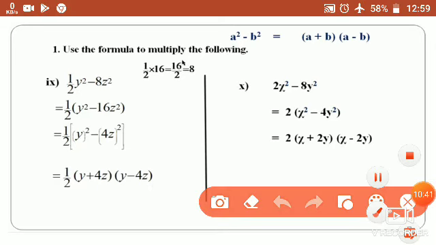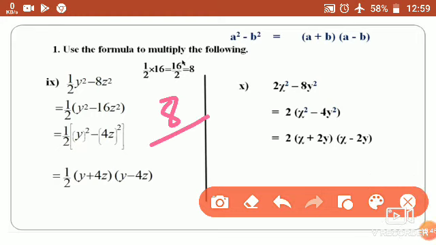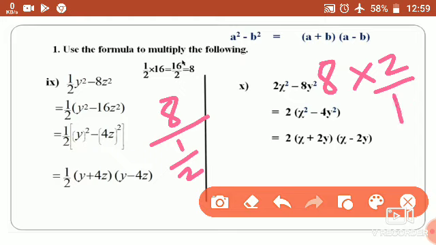I will show you how to write it. See, 8 divided by 1 upon 2. So while dividing, what do we have to write? 8 multiplied by 2 upon 1, because 1 upon 2 is a fraction. So we have to write the reciprocal of it, correct? And a multiplication sign instead of the division sign. Or I will show you in another method.